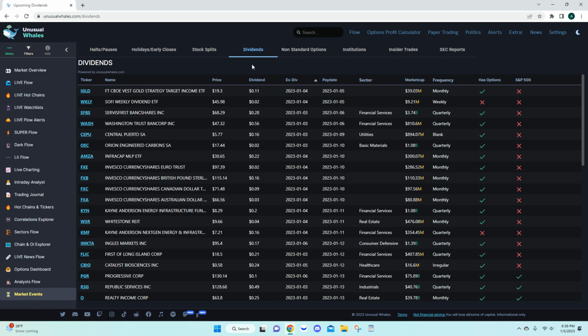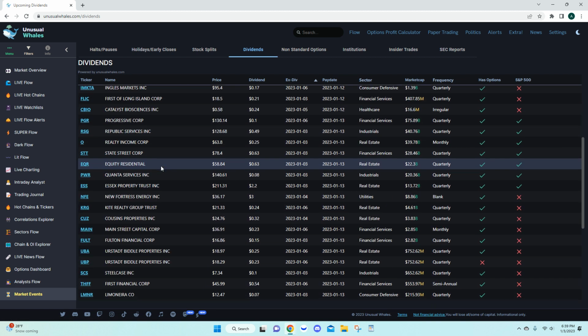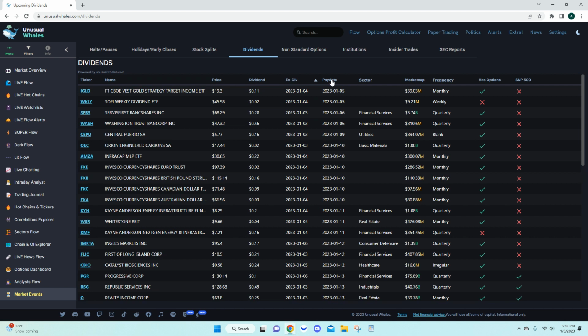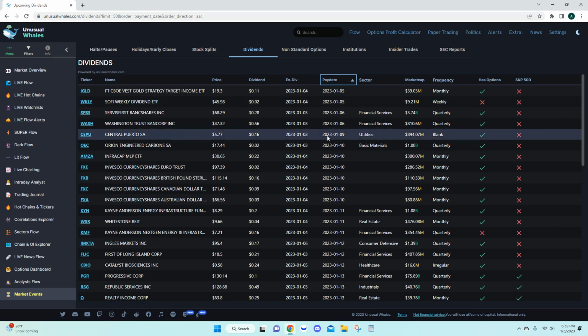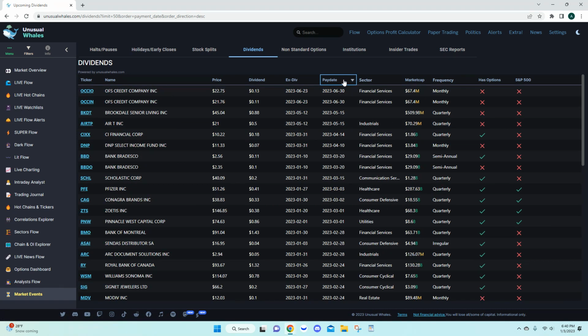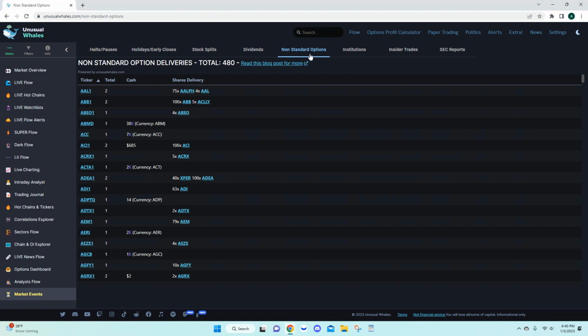Your dividends, so everything that's paying a dividend, and again you can sort this by, let's say you wanted to go by your pay date. Internet's being slow. Yeah, so here you can just edit it by your pay date. So if you like scalping dividends, I mean, that's a really good tool to use. Your non-standard options,